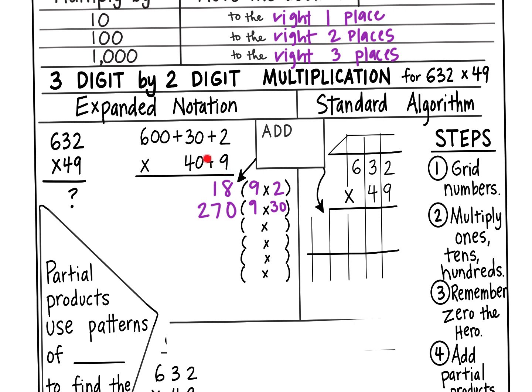Then I take the 9, multiply it all the way over here by the 6 in the hundreds place, which is like multiplying 9 times 600. So 9 times 6 is 54. And then I add those 2 zeros to make